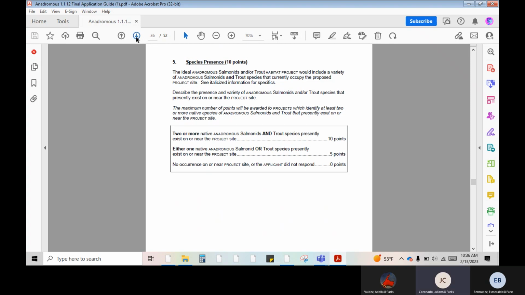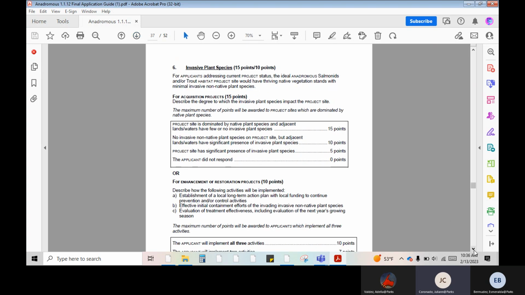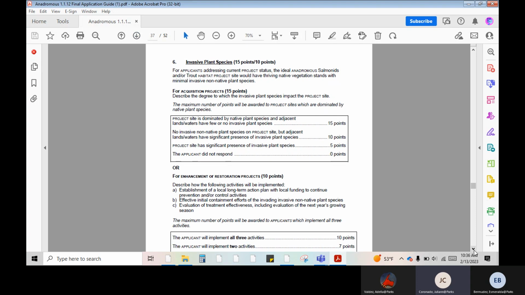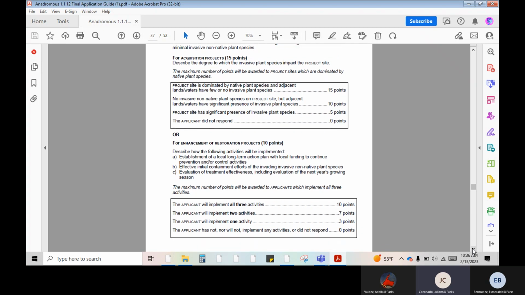Let's move to criteria number 6 on page 36, which is for invasive species, plant species. This criteria addresses if invasive plant species exist and are impacting the site. Applicants will describe the current site conditions. For proposed acquisition projects, if the property to be acquired is dominated by native plant species, the maximum 15 points will be awarded. Or, if the project is for enhancement or restoration, applicants will describe how the following activities will